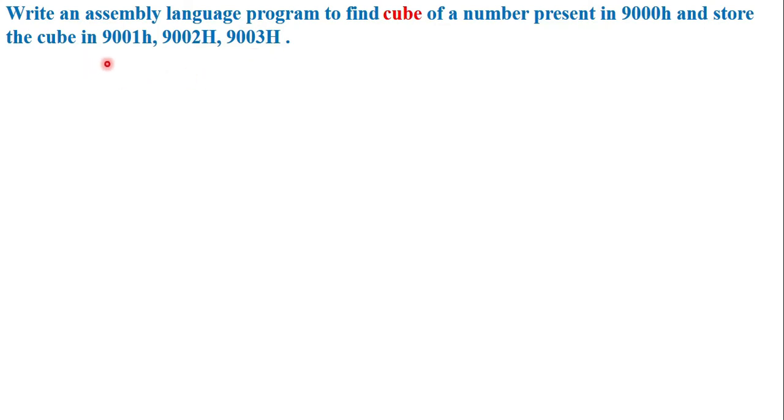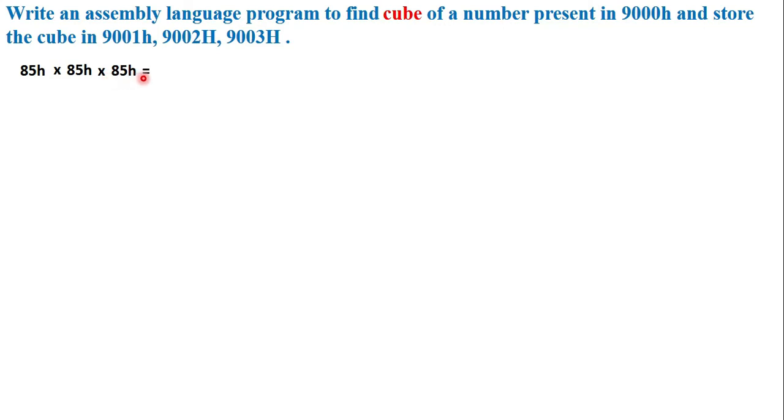So what do we mean by finding the cube of a number? Finding the cube of a number is we multiply the same number twice. Let's take an example. Let's consider 85H, which is an 8-bit number. When we multiply 85 into 85 into 85, the result is the cube of the number. And we know that this is 8-bit. When we multiply 3 8-bit numbers, the size of the result will be 3 times the size of the input numbers, which is a 24-bit result.